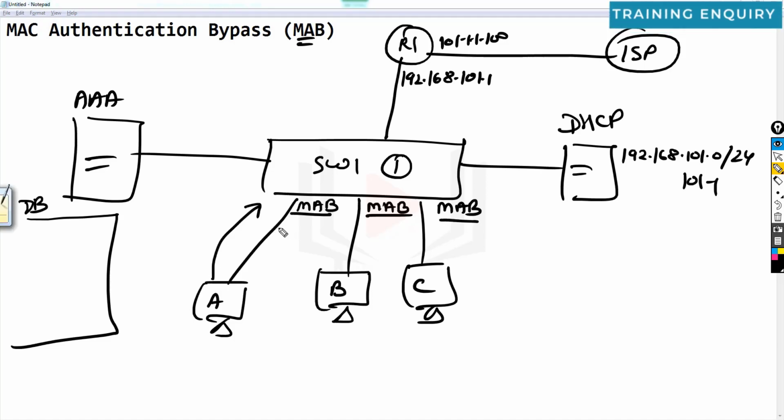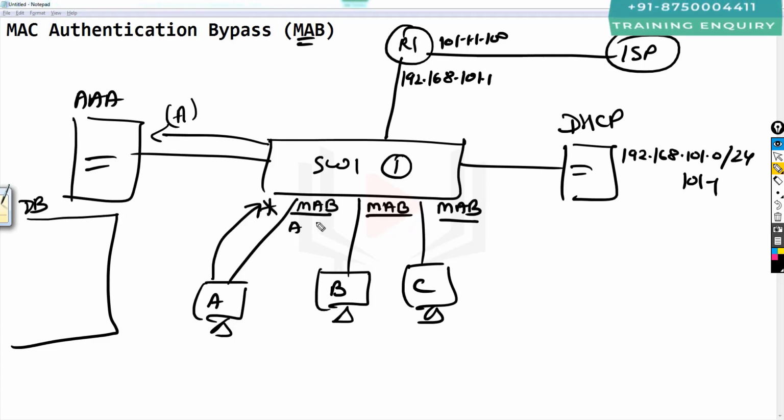They will say my MAC address is A. Then the switch will send this request to the AAA server that A wants to access network resources. The AAA server database will say no, we don't have any information about A, so it can't access network resources. Same with B and same with C.